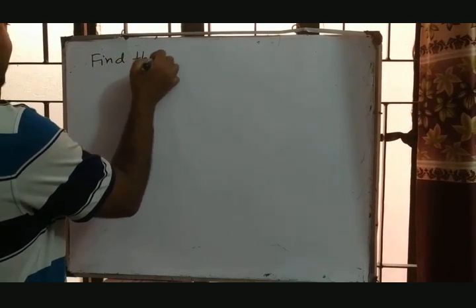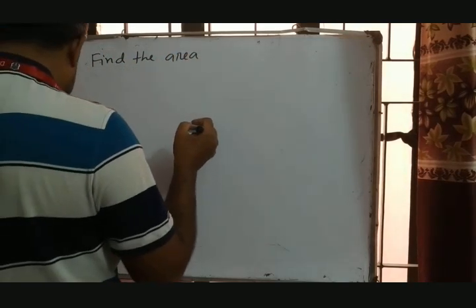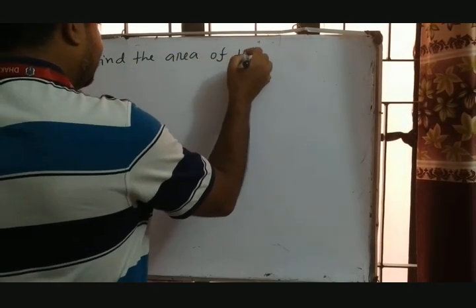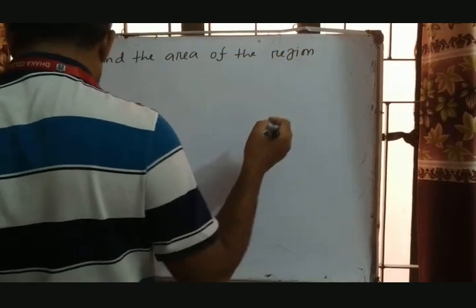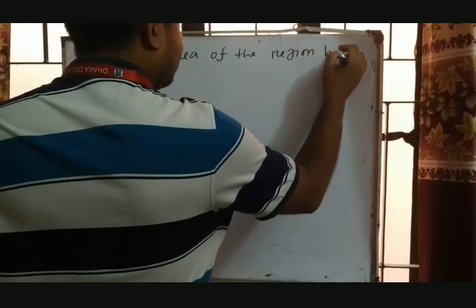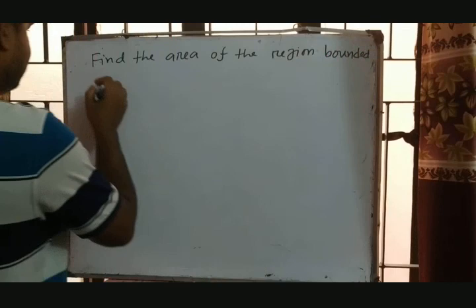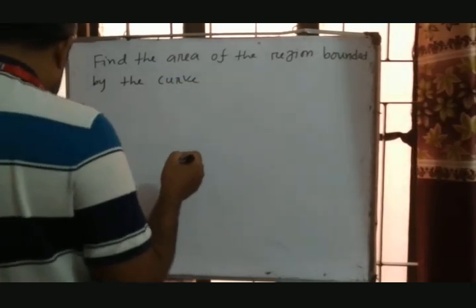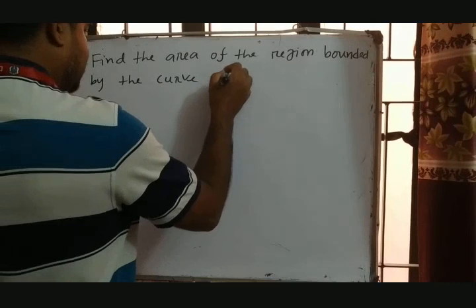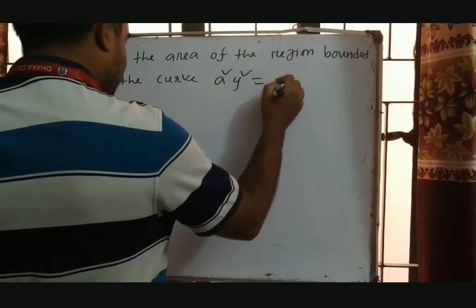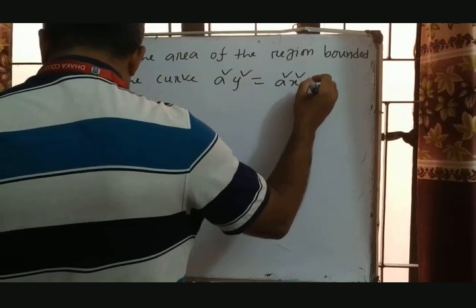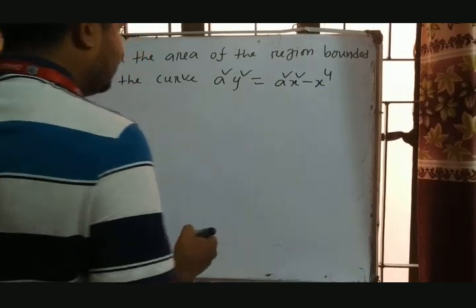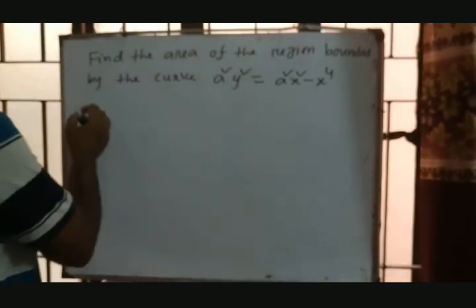Now the second problem is: find the area of the region bounded by the curve a square y square is equal to a square x square minus x to the power 4. The solution is